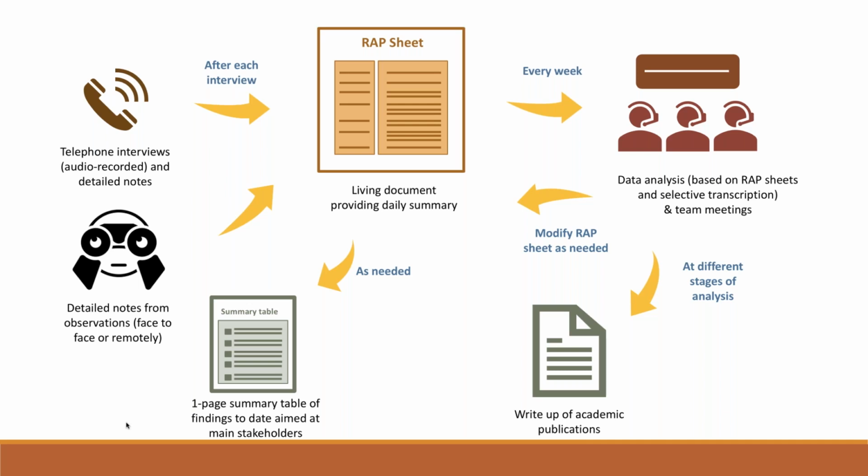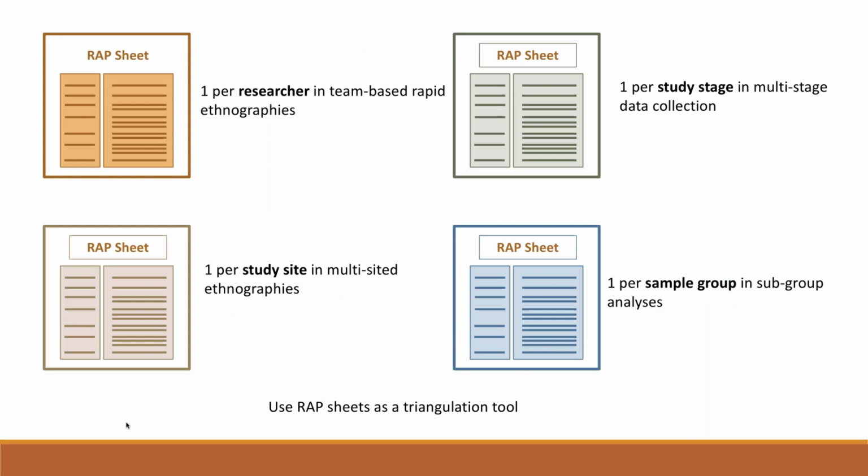And also, if you're aiming for an academic audience, you might turn some of that into manuscripts for publication. Now, in the example I mentioned before, I talked about using a rap sheet per researcher, which is something that's used quite a bit. But in many of the studies where we have carried out data collection across multiple sites and then some sort of cross-site comparison, we prefer to use one rap sheet per study site. So let's say we've got a couple of researchers working across each of the sites, then both of them would work together with the same rap sheet.